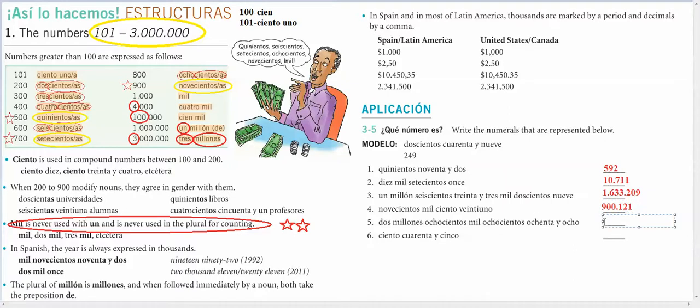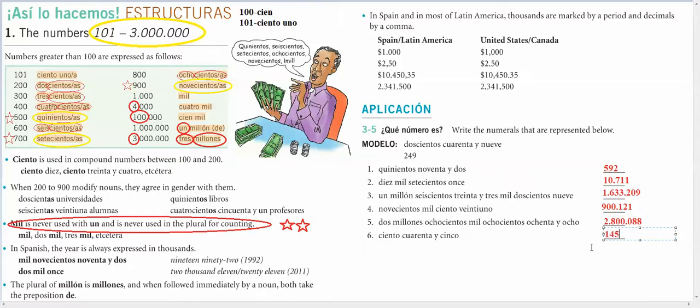2 millones, that's 2 million. 800,000, 88. Okay, 145. That would be